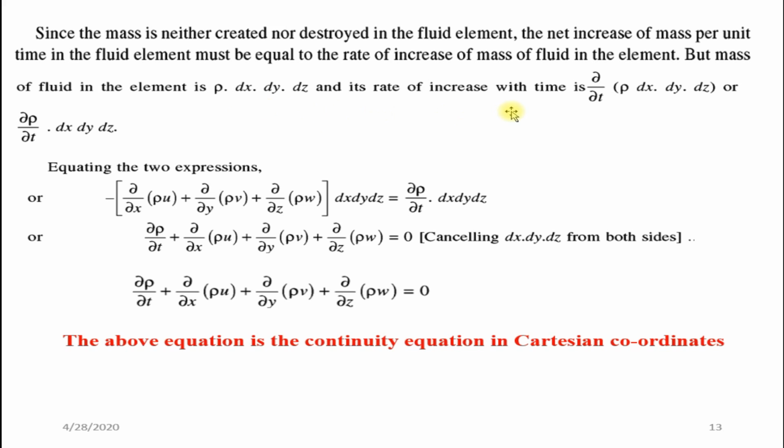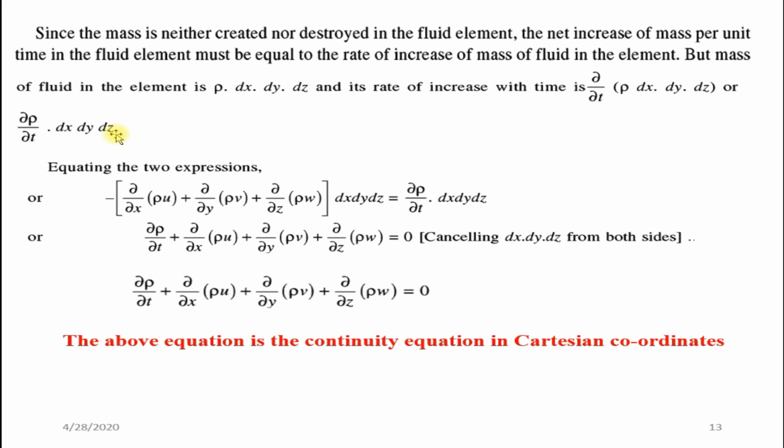And it is in rate form. How can you write it in rate form, per unit time? Dou by dou t of this term. So mass is written as rho into volume. The volume of this element is dx dy dz into rho. In rate form we can write dou by dou t of rho into dx dy dz. That is dou rho by dou t, because the volume will not change, it is a control volume, so they have kept dx dy dz outside. Density is a parameter that will change with respect to space and time. That is why finally dou rho by dou t into dx dy dz.